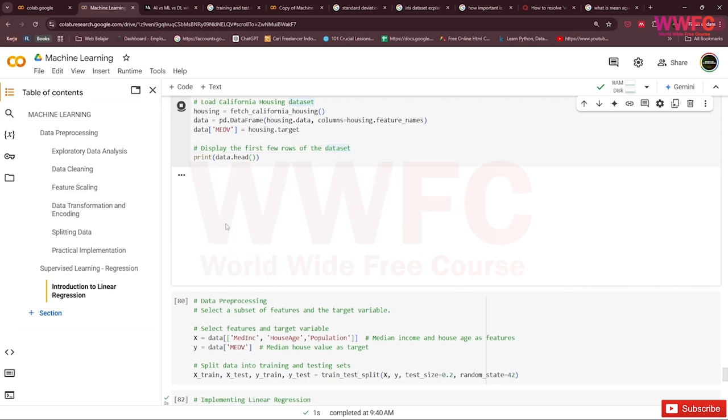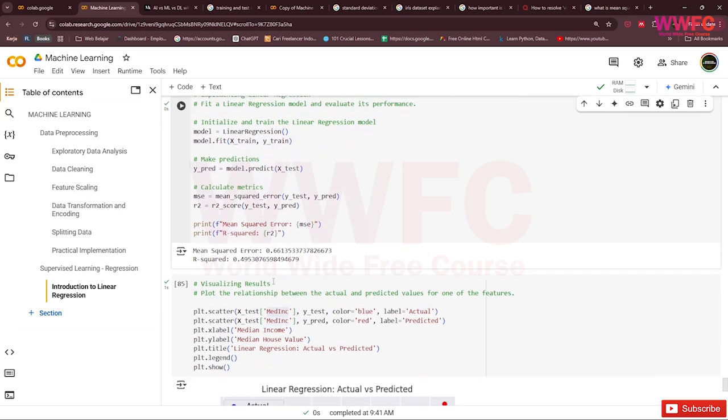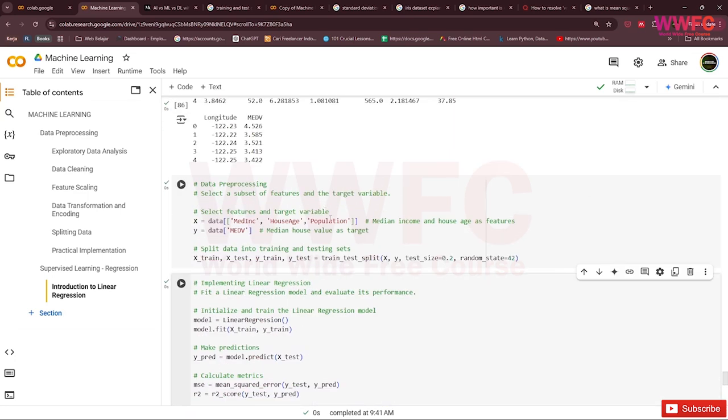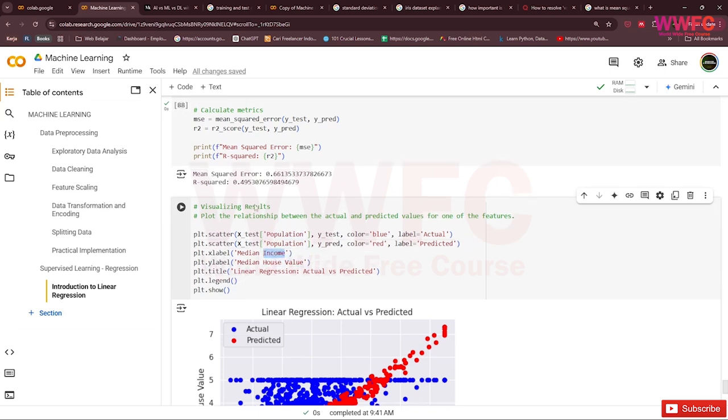So we go again with the data. So we want to maybe see the population, median population, median income.